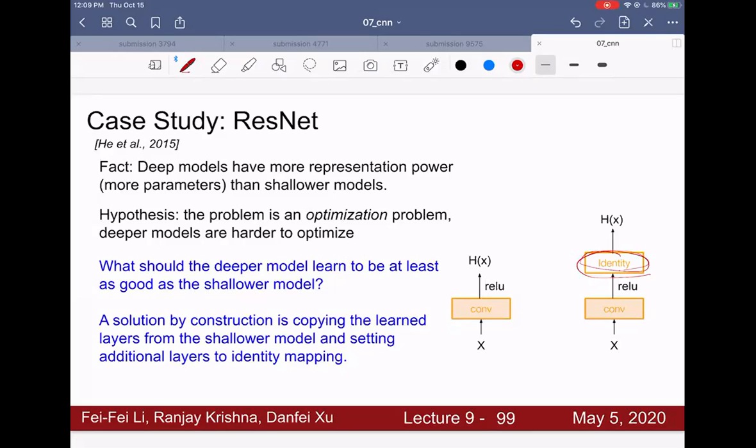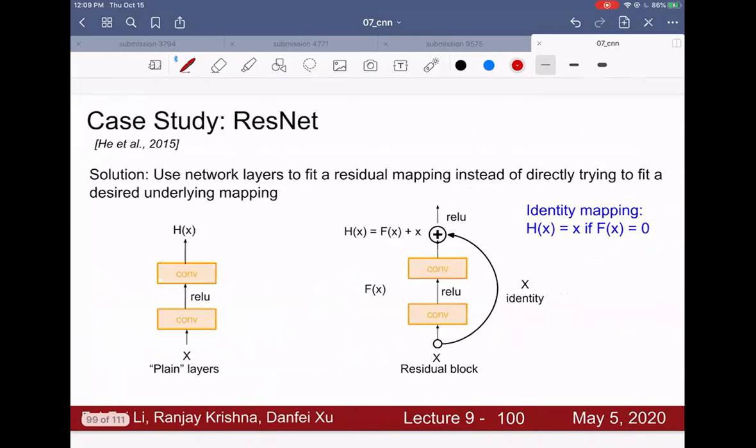And if your multiple layers can learn to carry over simply, then there's no downside to having a lot of layers, because if you have too many layers, they'll just learn to do nothing, right? So that is the whole idea of residual connection. Identity mapping is allowed by having a skip connection, and then your network can learn to do nothing